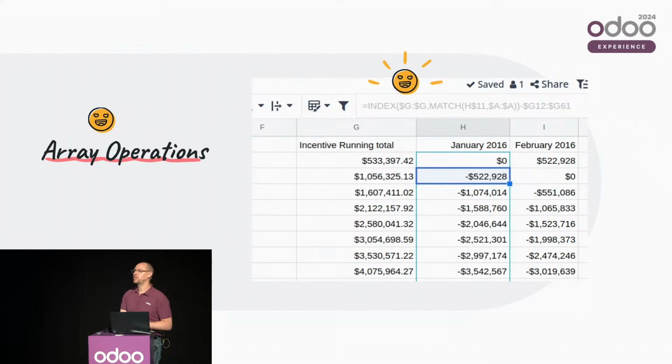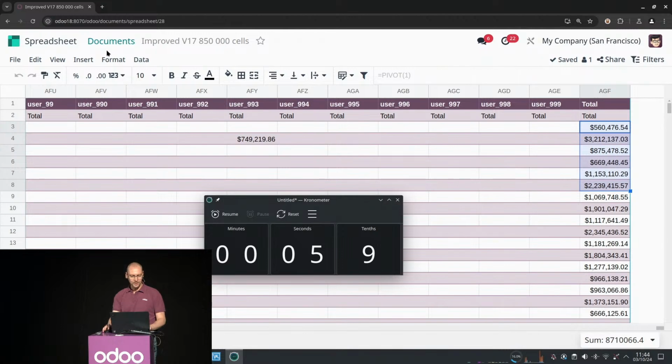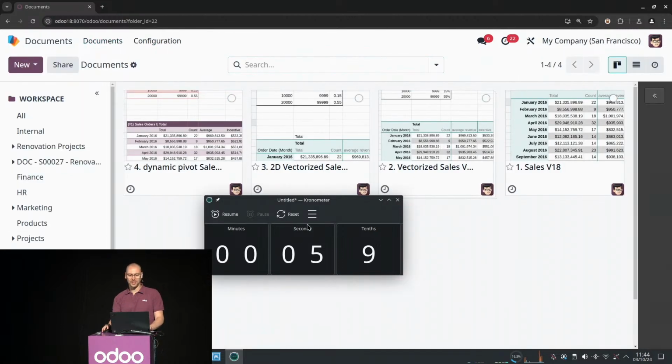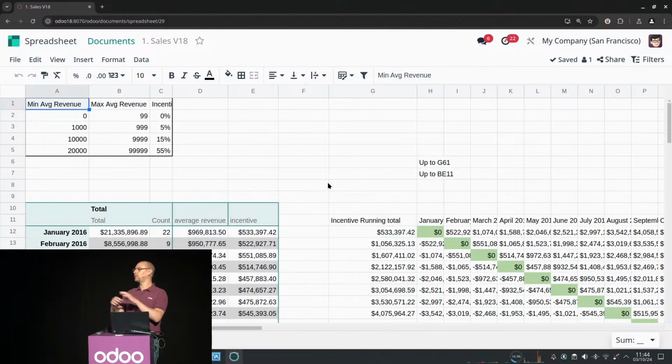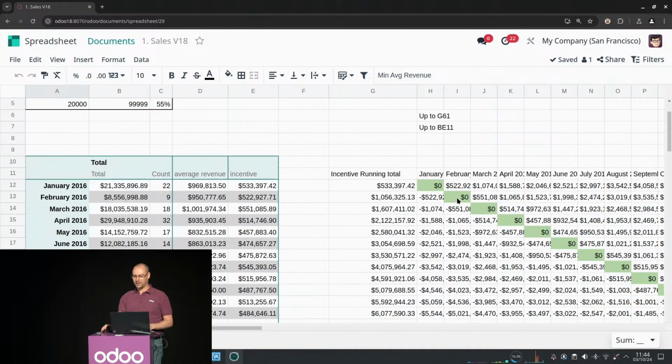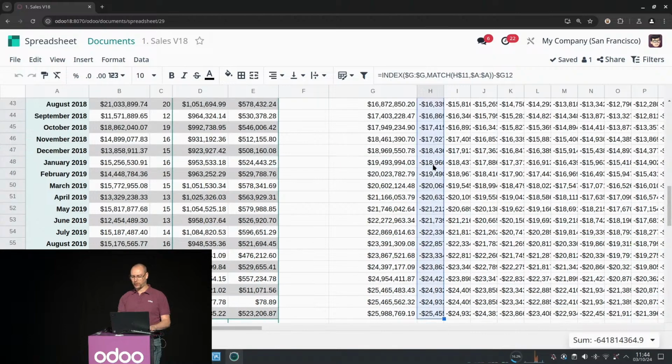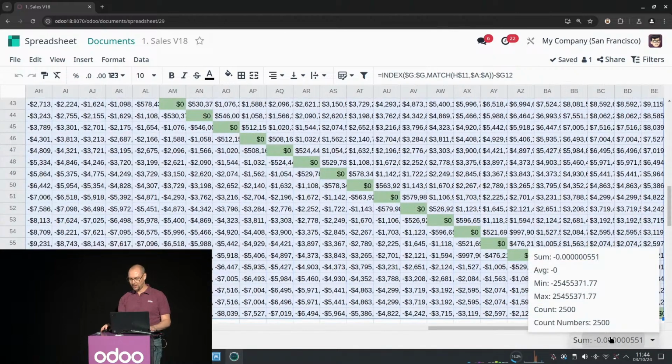Finally, array operations. This is probably the one that is the most difficult to understand because it's kind of programming your formula a bit different. So maybe I can show you. I have a spreadsheet that I use because it has a lot of dependencies from a lot of different things. What it means business-wise, it really doesn't matter because all we want is to play with formulas. The only thing that matters is that I have 2,500 cells in here that contain